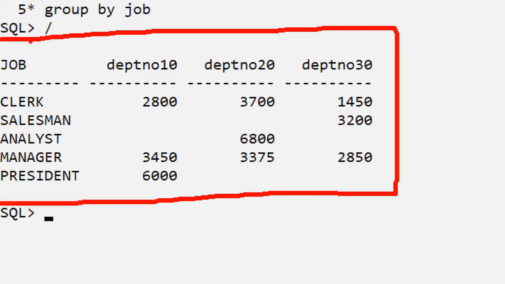Roughly the values are okay, not a problem. They are not exact values, it's a format only.